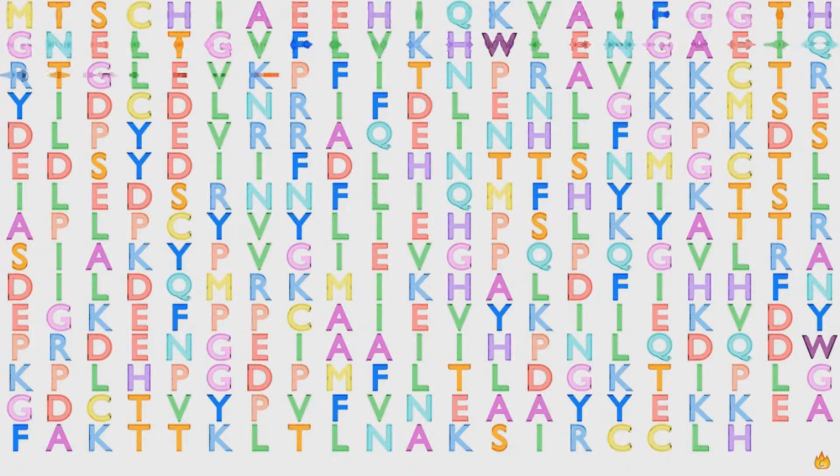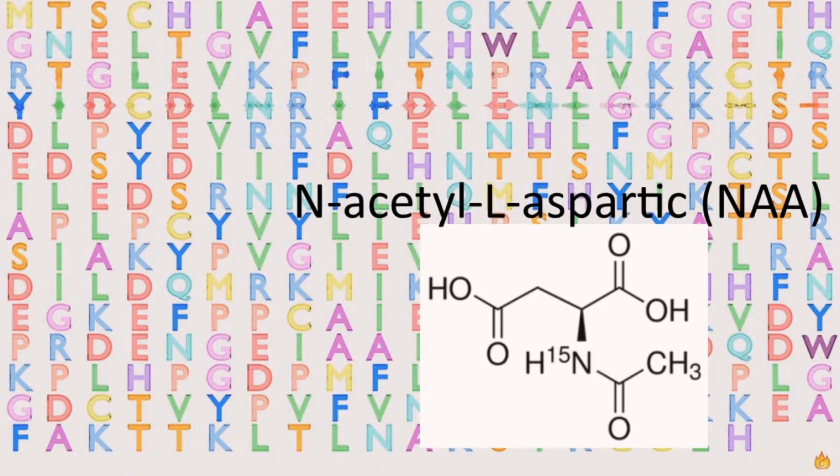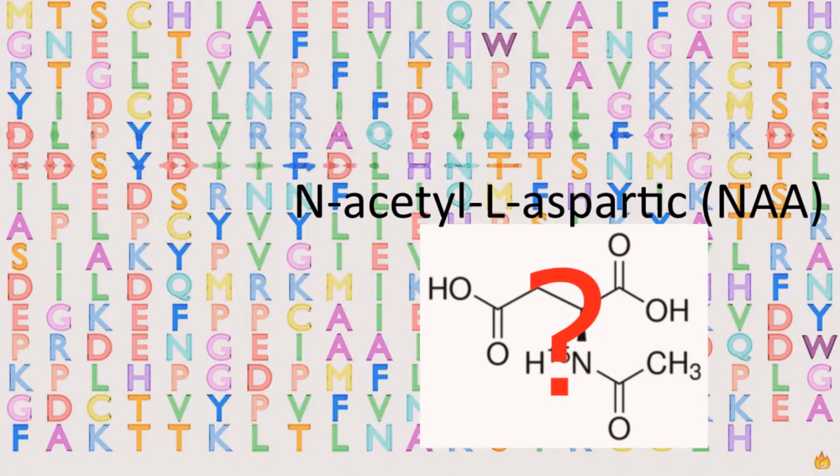The ASPA gene provides instructions for making an enzyme called aspartoacylase. This enzyme normally breaks down a compound called N-acetyl-L-aspartic acid, also called NAA, which is predominantly found in nerve cells in the brain. The precise function of NAA is still unclear. At one point, NAA was thought to have a role in the production of the myelin sheath, but now it seems that it may be involved in the transport of water molecules out of neurons.